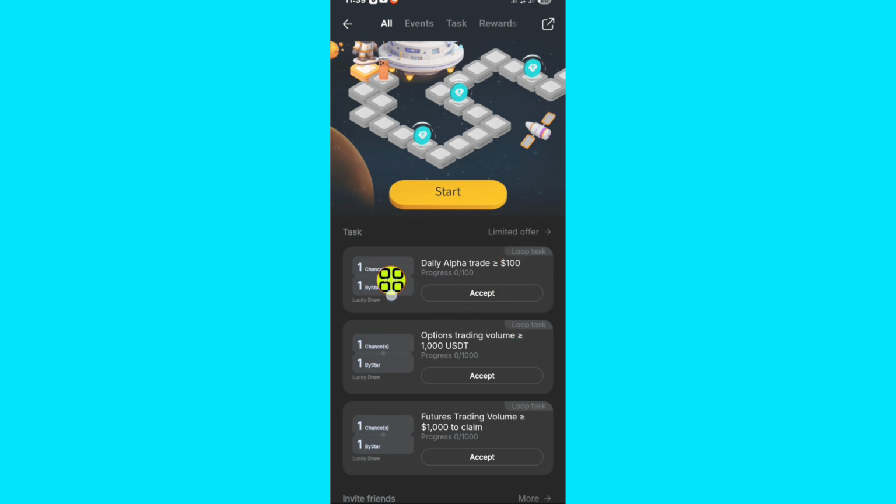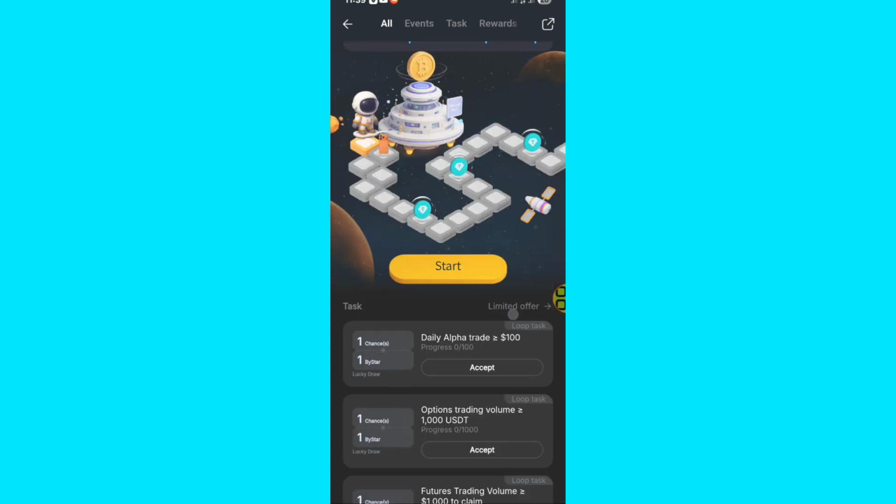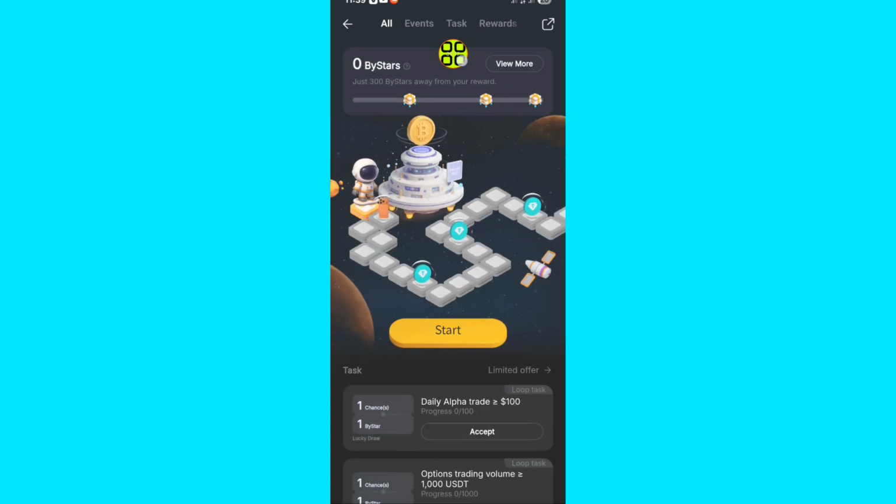If you want to accept this challenge, you tap on this accept button and they'll give you the condition for the task. After you complete the task with the condition that they give you, you may get the reward. If you scroll down, here are all the different rewards. You can tap on this tasks section at the top. So under the tasks,